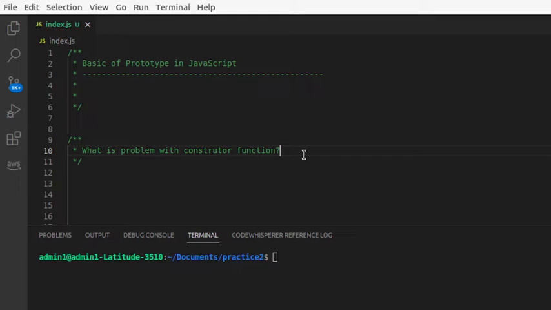Today we are going to discuss the basics of prototype. This video is related to the previous video, where we discussed the constructor function. Basically, prototypes come into the picture for resolving the problems that occur with the constructor function. Constructor functions come into the picture for solving the problem of creating